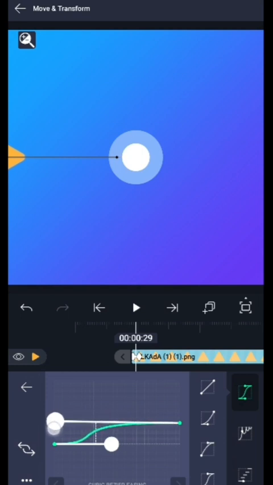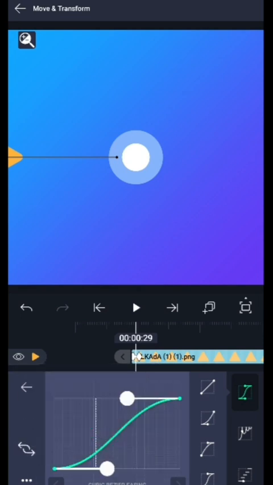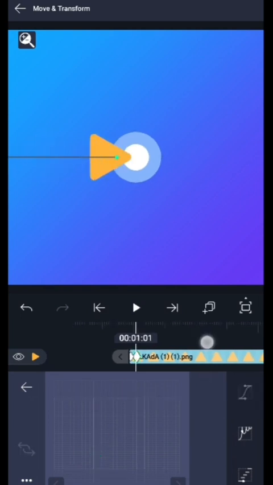Or we might just, okay, let me just disable the overshoot first. Disable overshoot, and I'll, okay, or